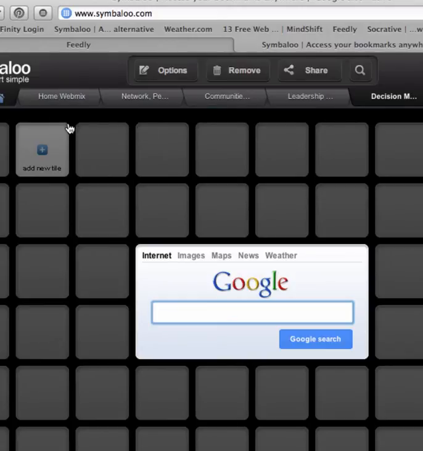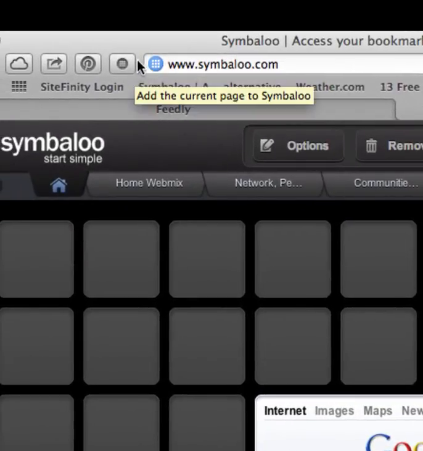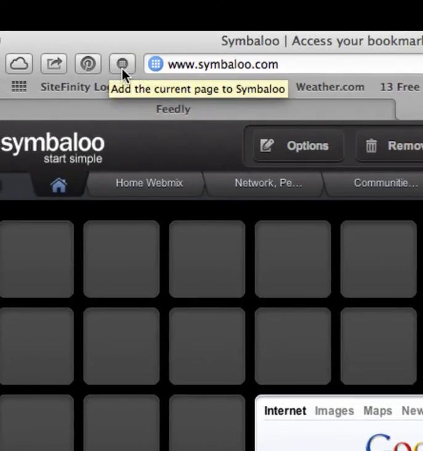Well, the easiest way is to use a bookmarklet, and I have a Symbaloo bookmarklet right up here. Okay, you notice it says add the current page to Symbaloo. Your question might be, how did I get that? Well, down here is a little thing that says bookmarker, and if I click on that, it will take me to a page